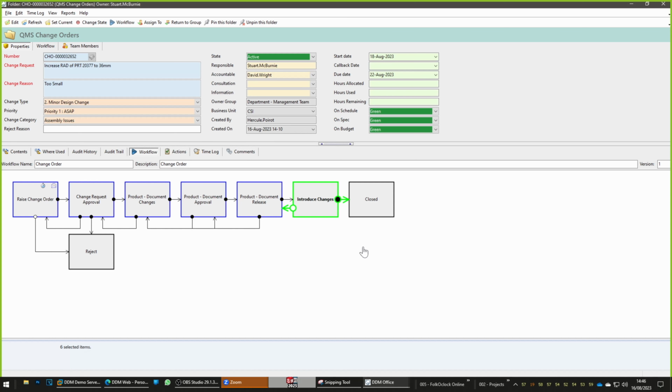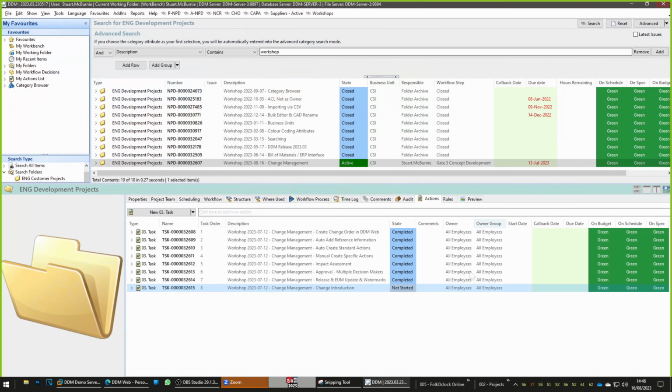In the case of today's focus workshop, that's all about a change order, but the kind of rules that I'm applying could be for any kind of business process. Okay, let me just quickly go back. I'm going to close my change order, and